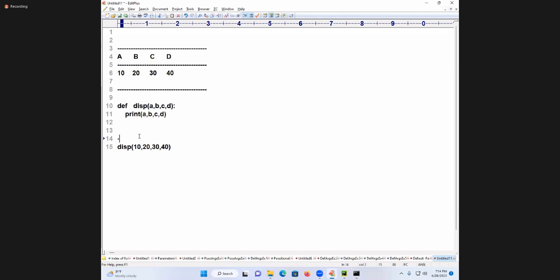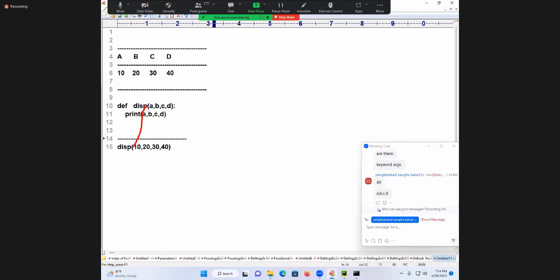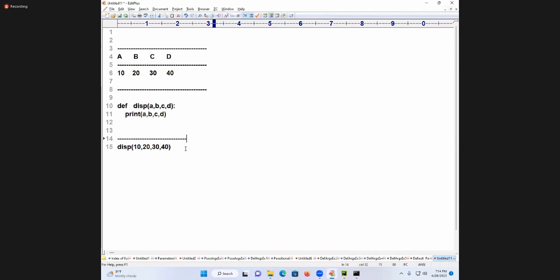This is called a function call. Are you following me? 10 is going to A, 20 going to B, 30 going to C, 40 going to D. What is this called? Positional argument.